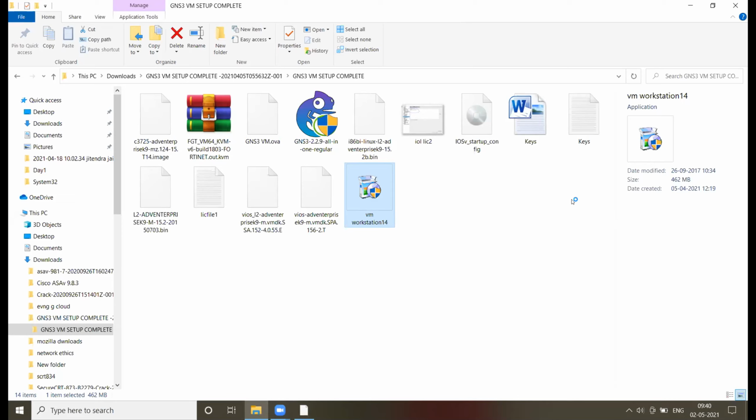Nandkishore, did you get any yes or no option for this VMware Workstation? Not yet. I think it's in process.